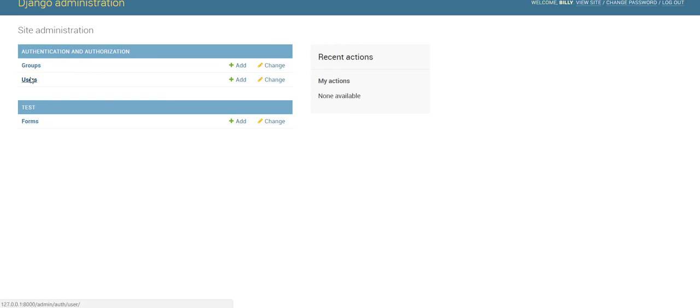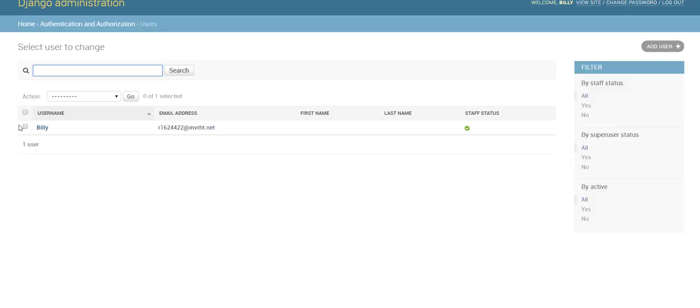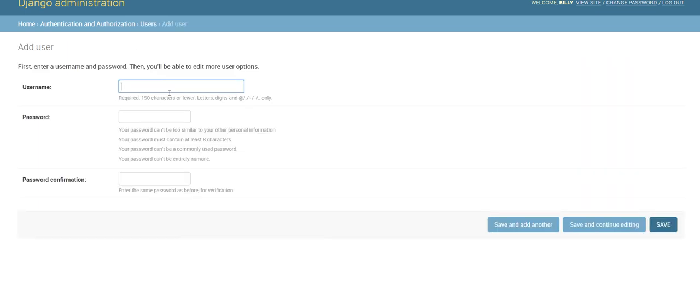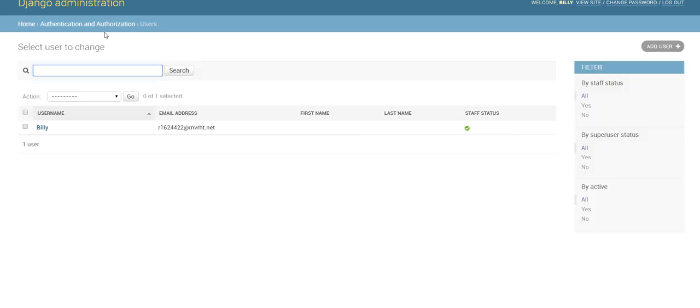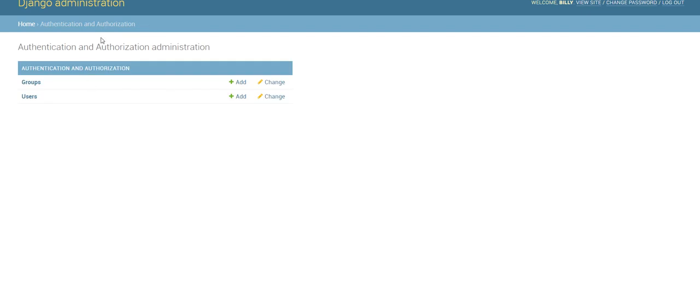If you come to users, you can create a different user. You don't have to keep that one. You can create another username, create a new password, and confirm your password, and make as many superusers as you want, and all the superusers will be able to make changes to this. So if you come back home,